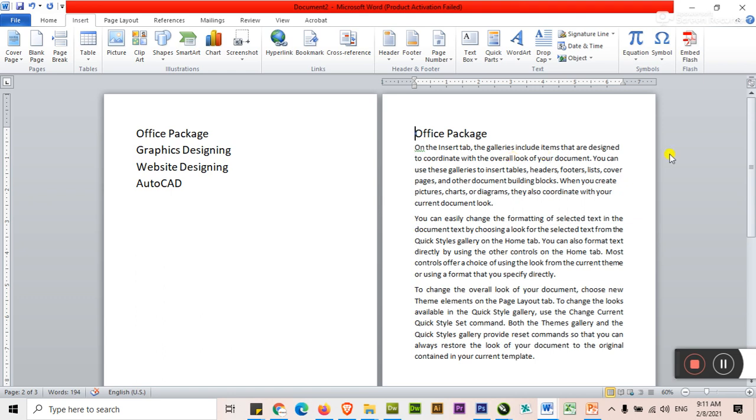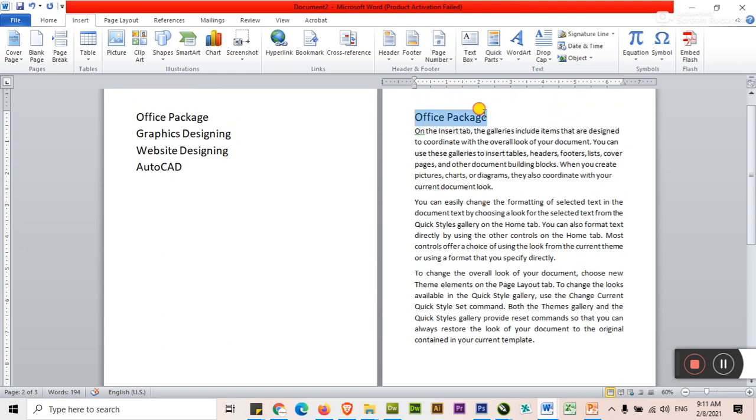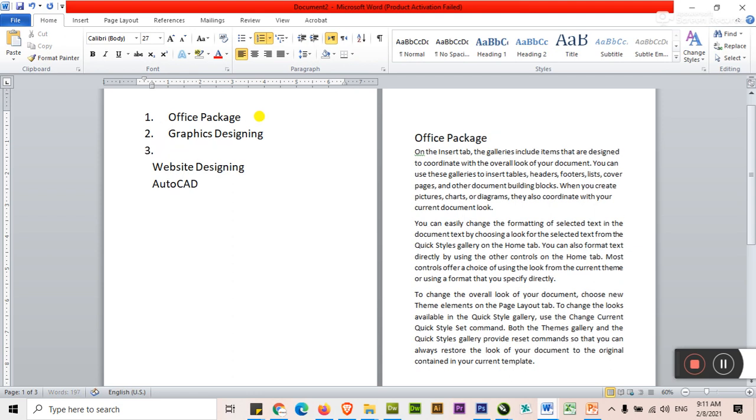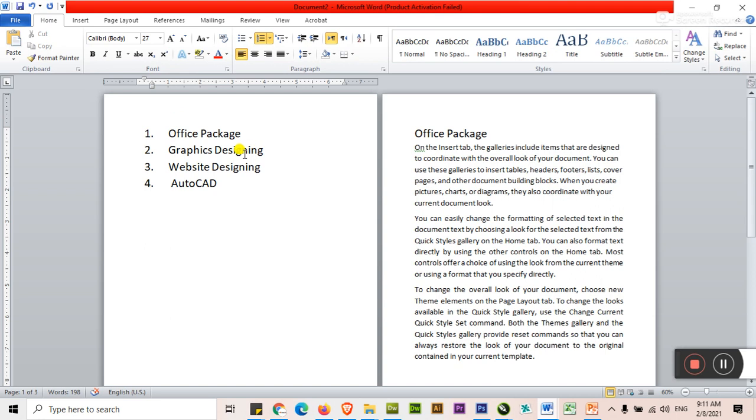Okay, this is your first page, office package. It is a button, and this is your target. It's very simple. For example, the first page is your index page. When I click on office package, it will open this page.